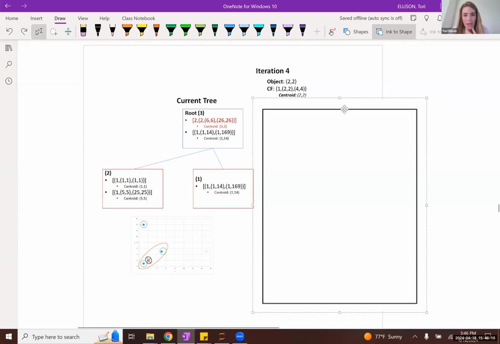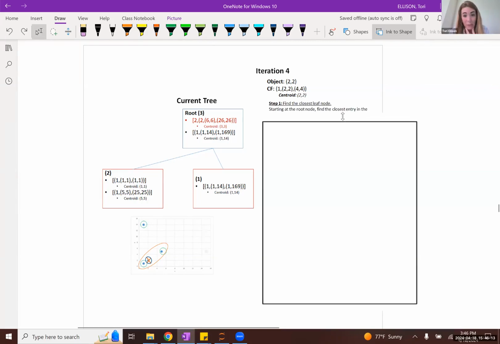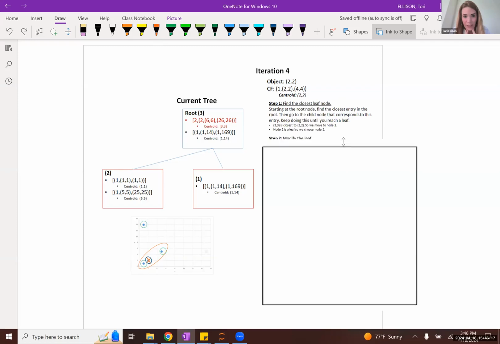Okay. And so the next step when it comes to incorporating this new incoming subcluster is we need to find the closest leaf node. Okay.